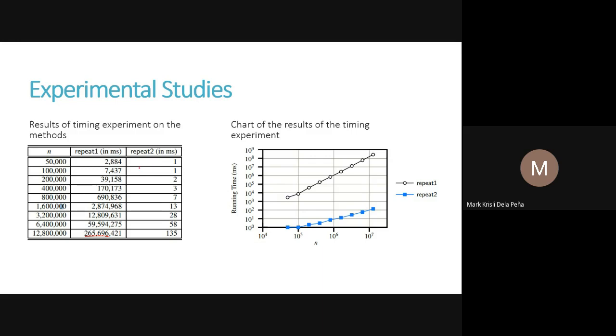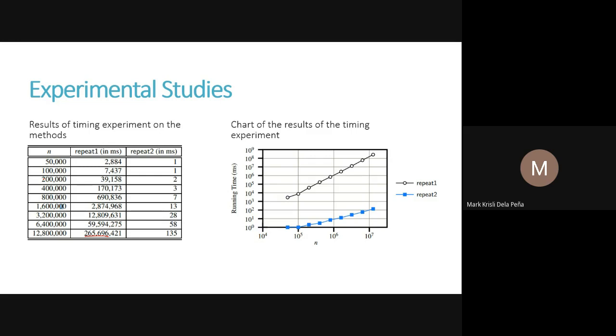So repeat one, they run first repeat one, then record, then they run again repeat two, and then record the time. But take note, it should be run in the same computer. Do not compare algorithms using experimental studies in different computers. It's okay if for one computer you compare the algorithms, and you use another computer and compare the same algorithms, but do not compare one algorithm performed in one computer and the other algorithm performed in the second computer, because it would not be a good